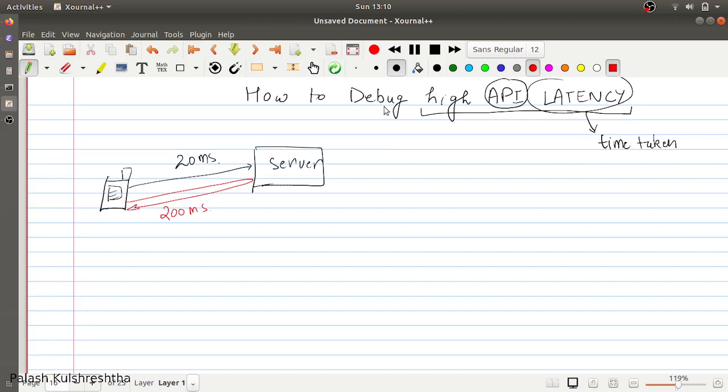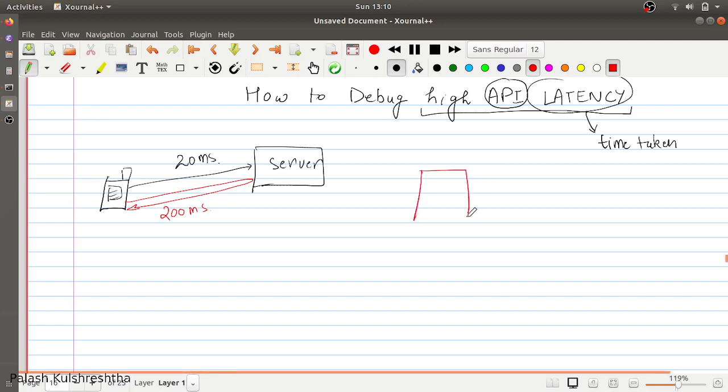So how are you going to debug this scenario in which the users are facing high latency? Another scenario can also be that instead of a user application calling the server, there is a service A which is calling your service, which is service B, and it is calling a particular API, let's say XYZ. Earlier, this API used to give a response in 20 milliseconds, and now this API is giving a response in 200 milliseconds. So that is a breach of contract or the breach of application.